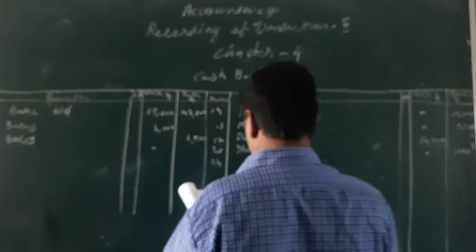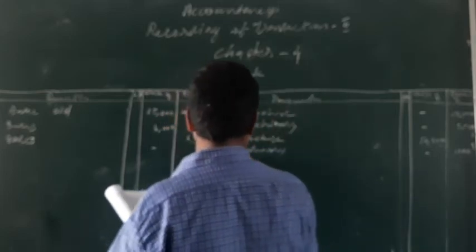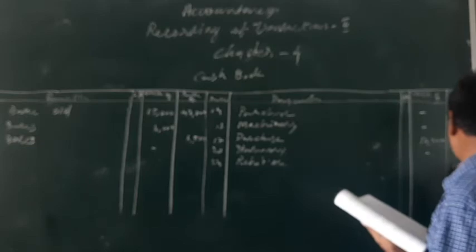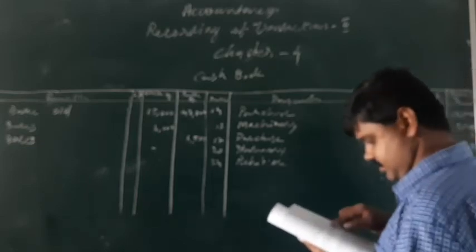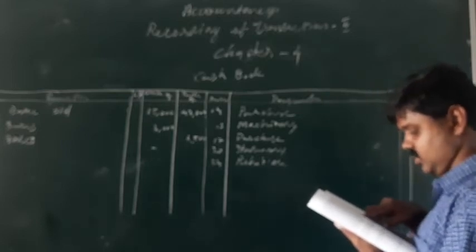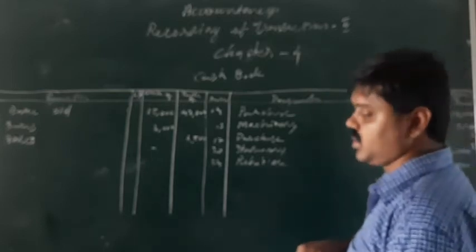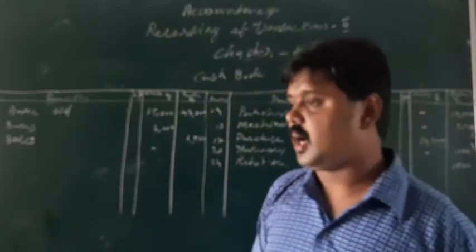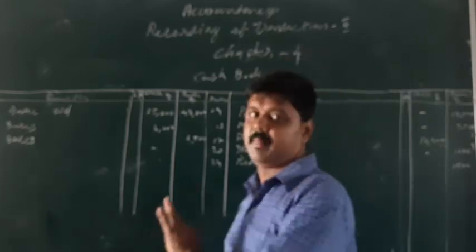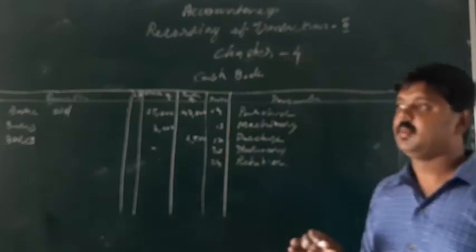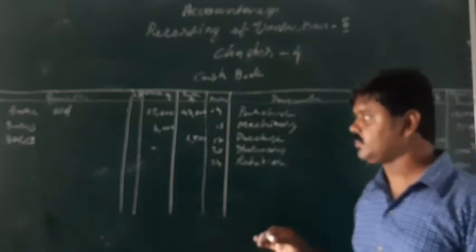Check given to Rohit. So we write here Rohit account. How much? 1,500. Next you can see that on 27, cash withdrawn from bank. For this you understand that on one side we receive cash and on the other side money from the bank is reducing. Both happen in our account only, in our business only.